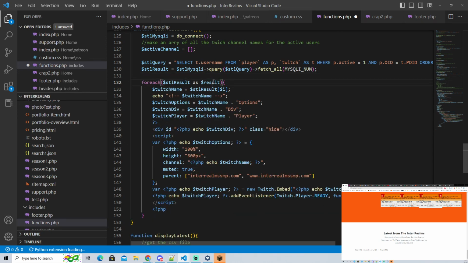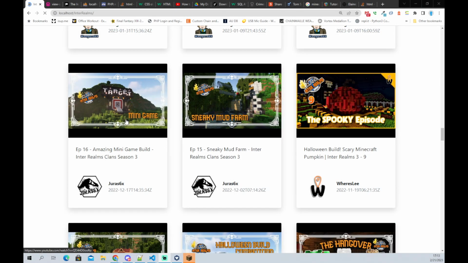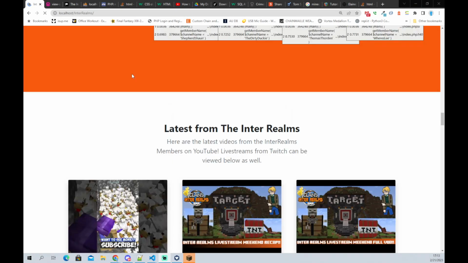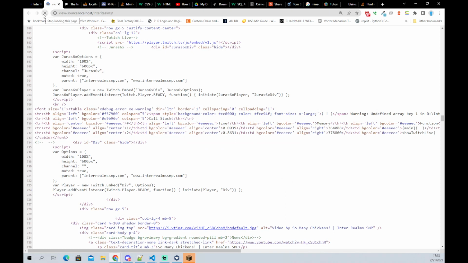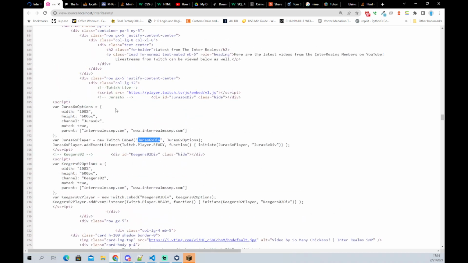All right, so then now this result is here, and now it is Sub-Zero because there is only one thing in the array, which is 0. And now if I refresh my freaking page, I'm going to jump back to the left screen so you guys can see what's going on. You'll notice that it just jumped down because there's nothing here. And if I go back over here to the code and I refresh it, I'm gonna just sit here for a second. Come on. There you go. Oh, there it is. Keegers, Jurassics, done, and no Eleni.